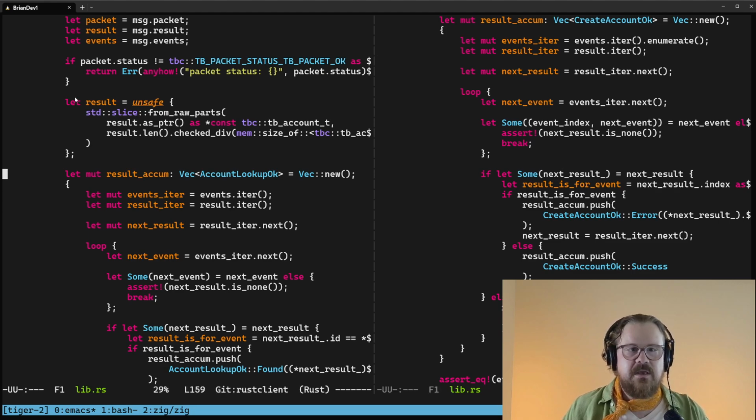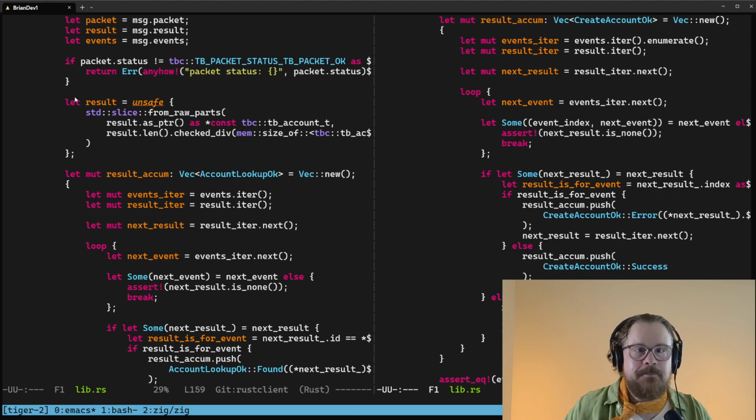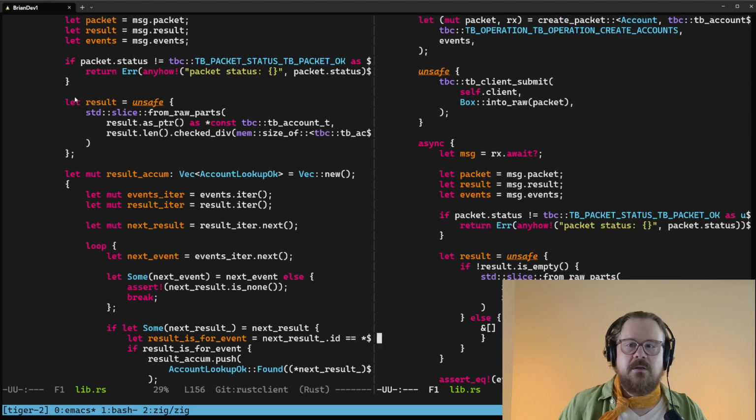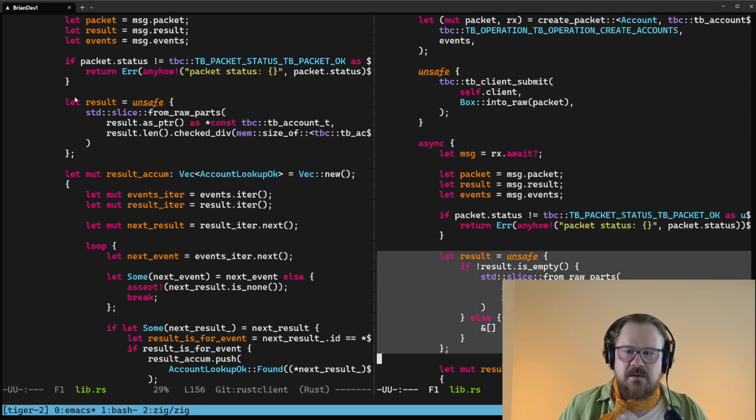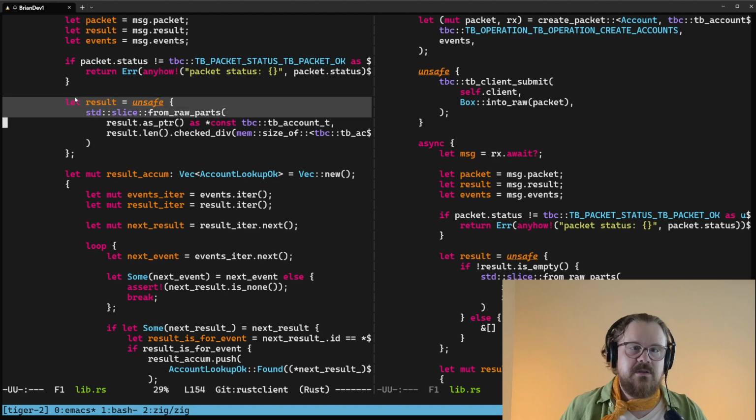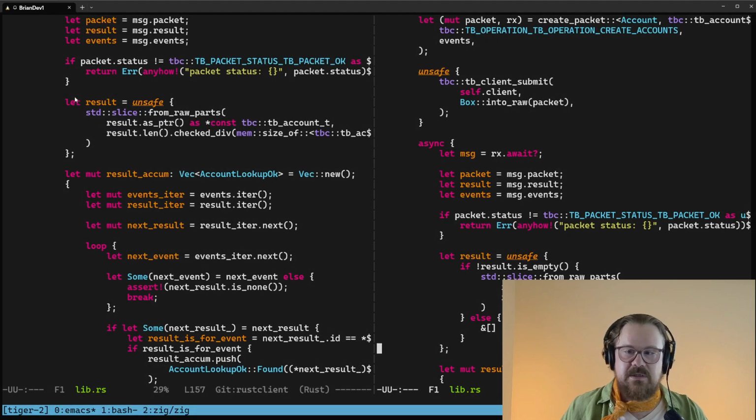So both of these are accumulating results. This is pretty similar. The logic here did take us several iterations to not screw up. So it'd be nice if we could extract this loop here. Let's look at what this, okay, so here we get a slice of result types, and these are different. So the method for getting a slice here is somewhat different from this one,